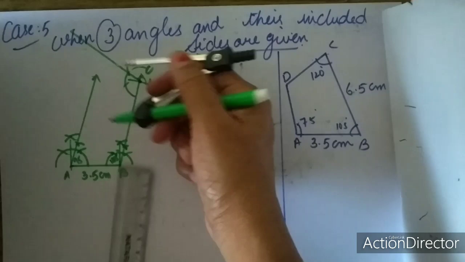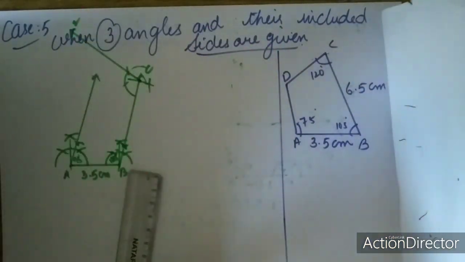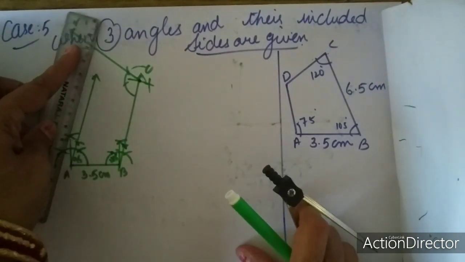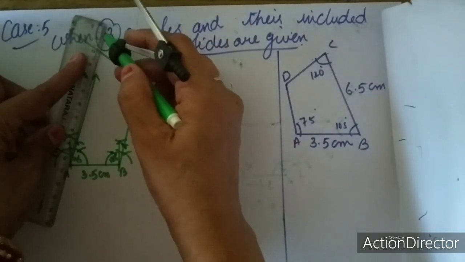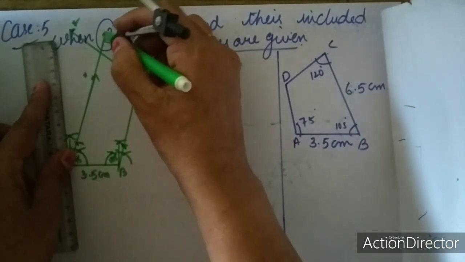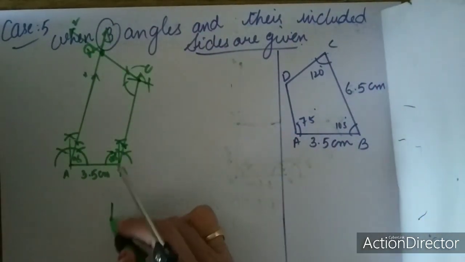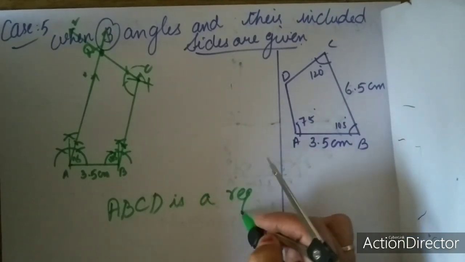Now you can name this ray as CZ. Now these two rays are not meeting over here. So in order to meet, you extend this ray AX. So if you are going to extend this ray AX, it will be meeting over here. So this point you name it as D. So ABCD is the required quadrilateral.